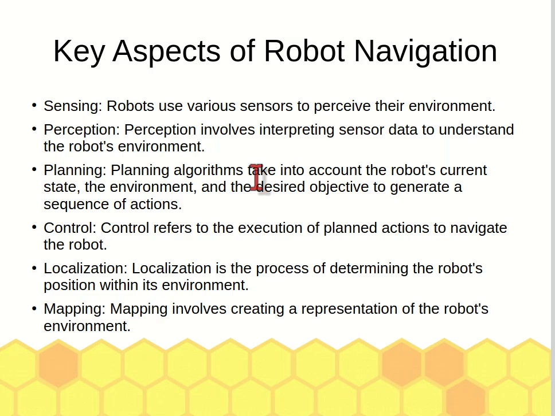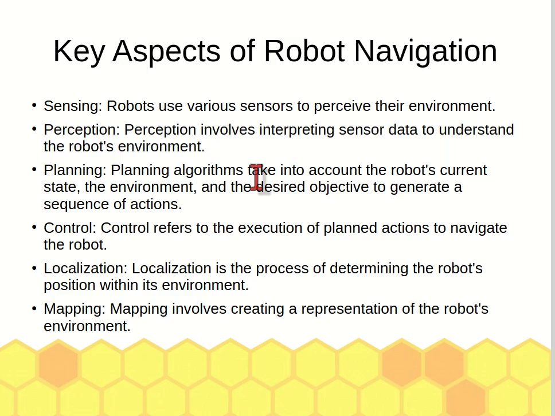So robot uses the sensor to perceive the environment, and perception is the process of interpreting the sensor data so that it understands its environment. Planning is what actions will be carried out by the robot. It involves the sequence of actions, and of course